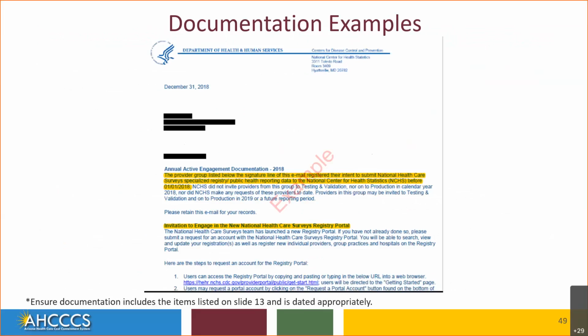Here's an example of meeting the measure. So this is for the National Healthcare Survey Specialized Registry, which is now a Public Health Reporting Registry. And so as you can see, we've blacked out the parts, we redacted the parts that list the specific practice that this applies to. But this would be an example from that registry of your practice potentially meeting the requirements